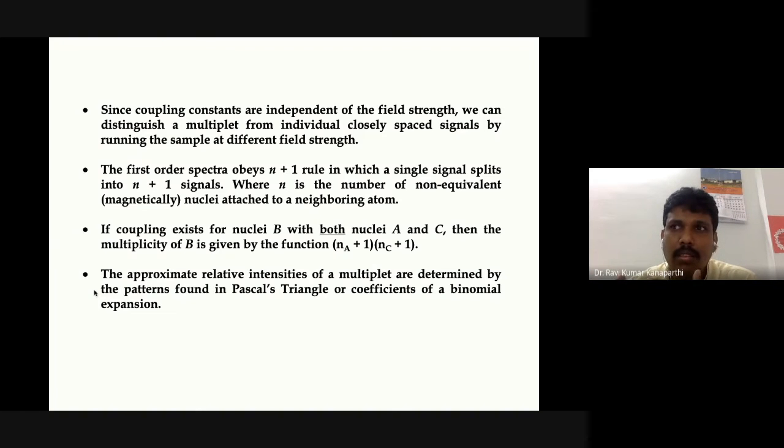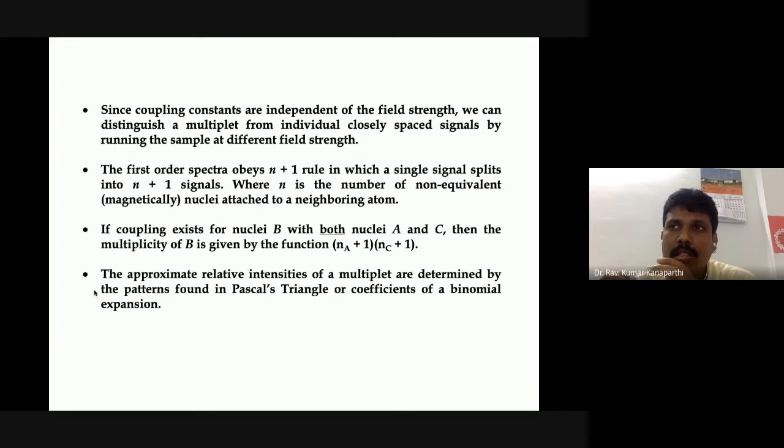Okay, and one of the important features of a first order spectrum is that you can always interpret your spectra in terms of the n+1 rule in short notation, or in general the 2nI+1 rule is applicable. It is applicable in the sense that you have, let's say, one nucleus, and n is the number of non-equivalent protons on the adjacent atoms. So n plus 1. Accordingly we will get a triplet or quartet or quintet, etc.